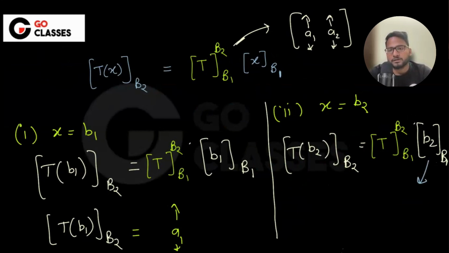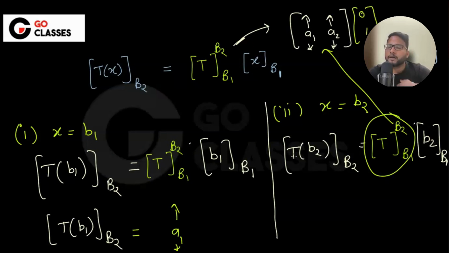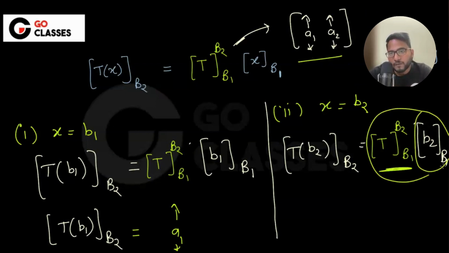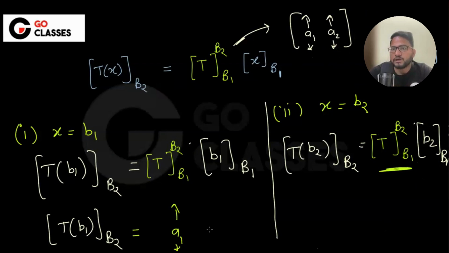Now you tell me what this is. B1 is nothing but a basis of B1 B2. Isn't it 0 1? Since this is 0 1 and this is the matrix A1 A2, if you multiply this matrix with 0 1, what will you be getting? A1 plus A2, A1 minus A2, what will you be getting? Just try it out. If you multiply both of these, it is easy to see that you will be getting A2 here. And that was our goal. I want to find out A1 A2. So finally it is coming out to be